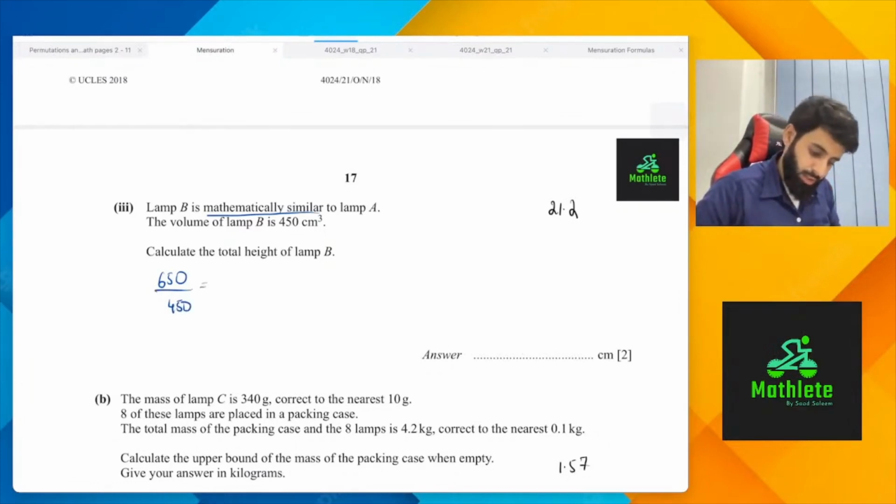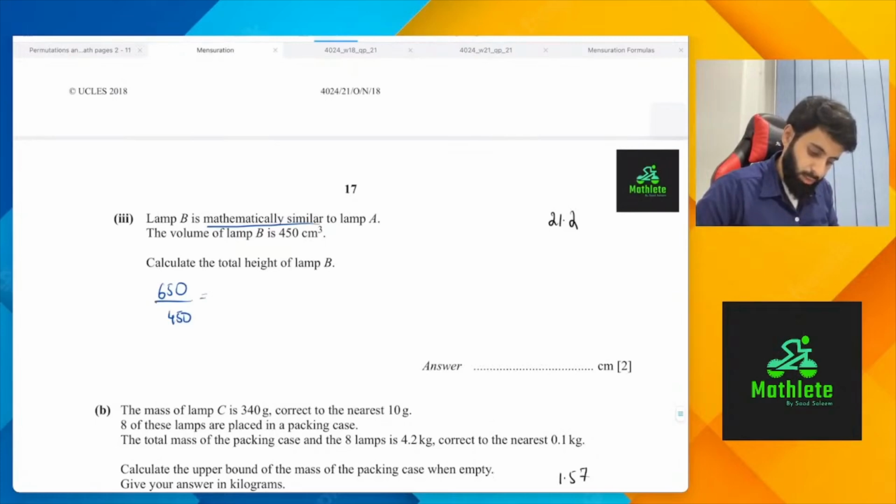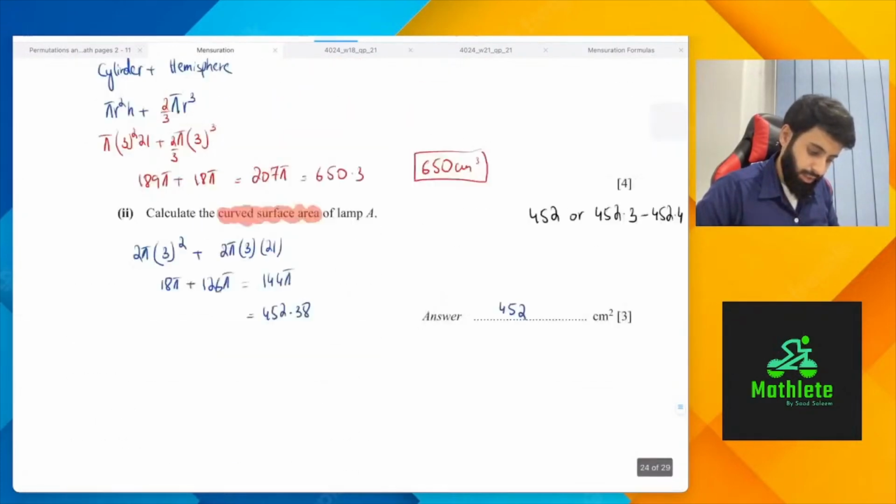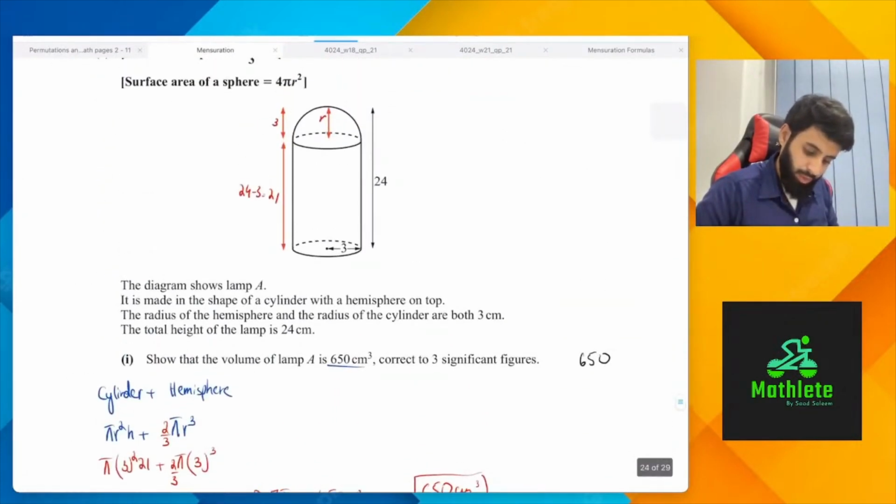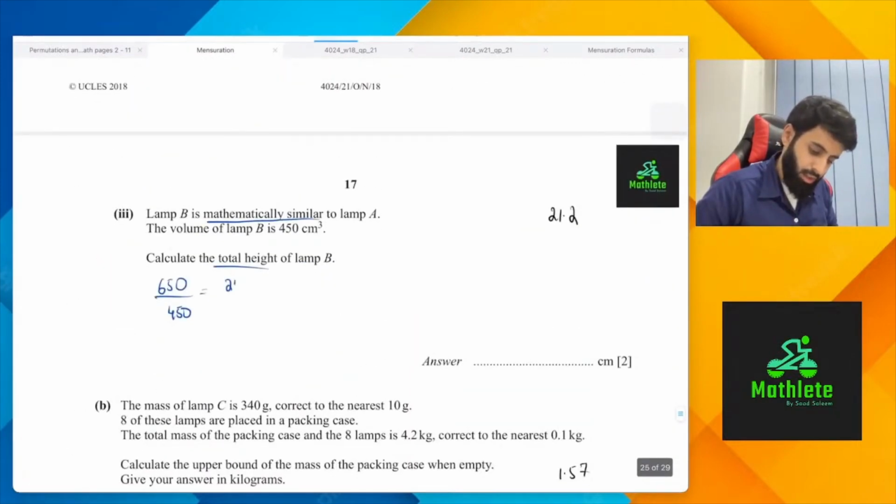Is equal to the height of, let's talk about the total height. So the total height of lamp A was 24. Okay, and the total height of lamp B, we don't know that, so let's just call it